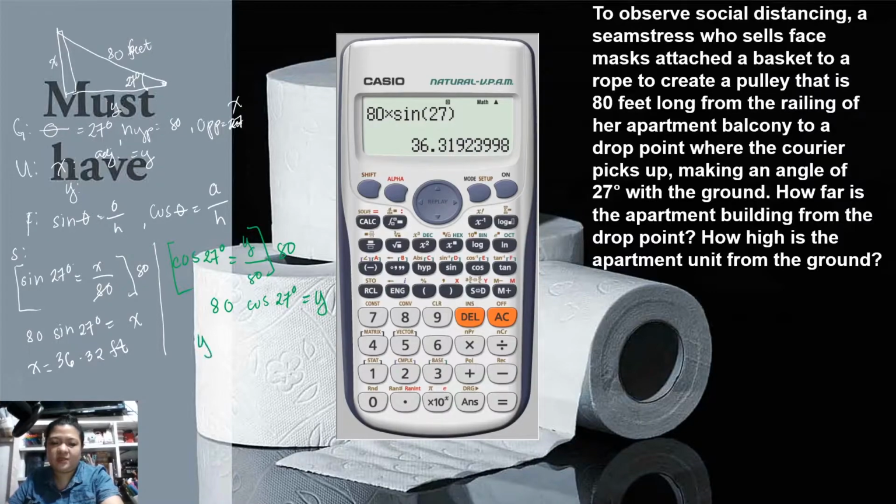So, meron tayong 80 cosine 27 degrees is equal to y. Okay, pwede natin ulit gamitin yung calculator natin para kunin yung value ni y. 80 times cosine 27 degrees. So, ang layo daw ay 71.28052194 or 71.28 feet. Ating final answer, susulat lang natin. Para sa unang tanong,